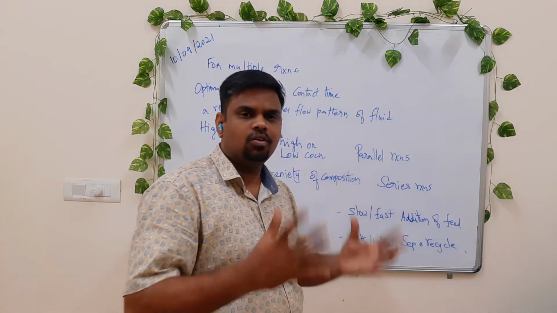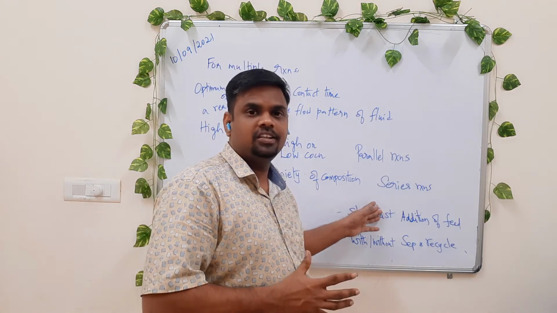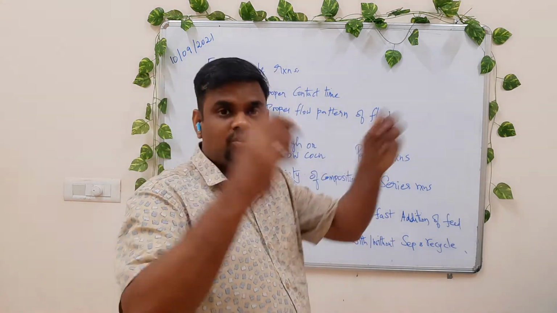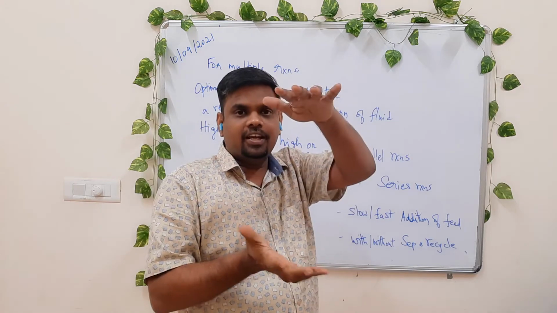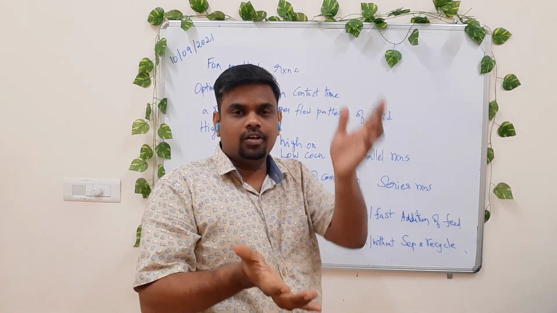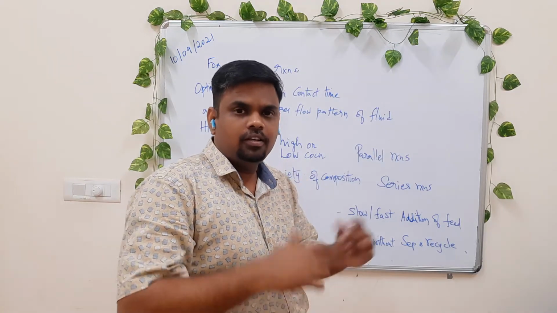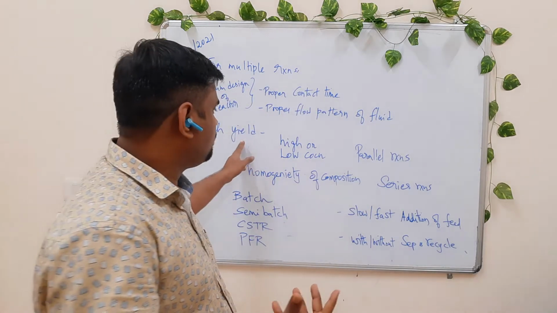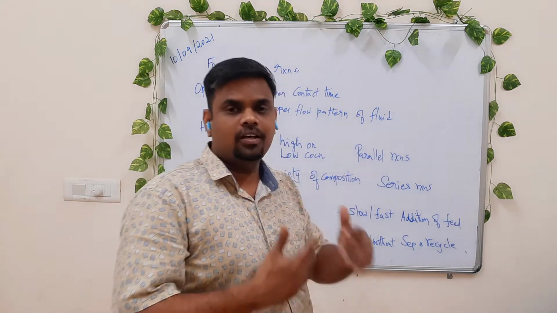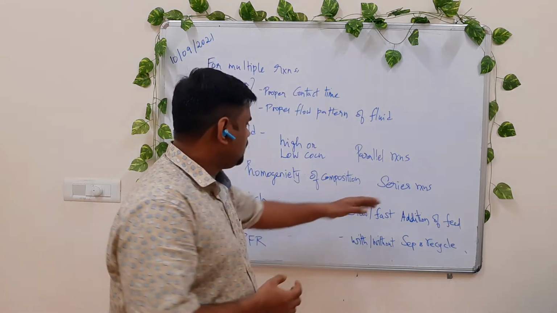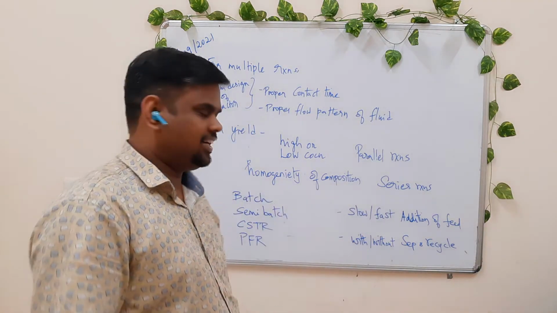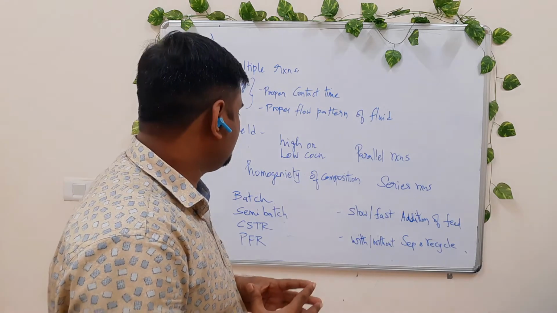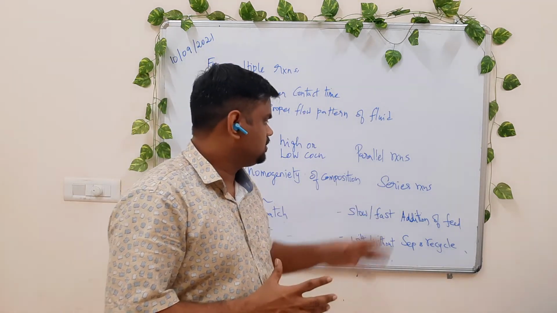How will we control this? Remember, these things have been taught in the chemical reaction engineering course. In the qualitative and quantitative analysis, we have seen how to introduce various reactants A and B. First take A, then add B slowly, or you can take B and add A slowly, right? So different patterns of introduction can be used. If you want to improve the yield of a parallel reaction, we may have to use high or low concentration of the feed. Similarly, for series reactions, maintaining the homogeneity of the composition is important, right? We have to maintain the homogeneity of the composition if it is a series reaction.